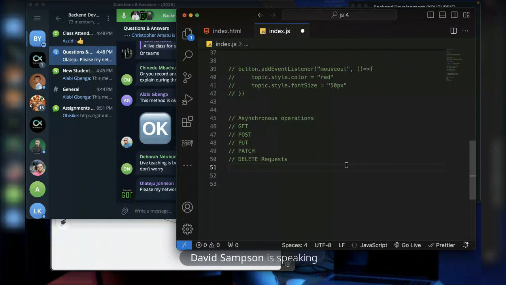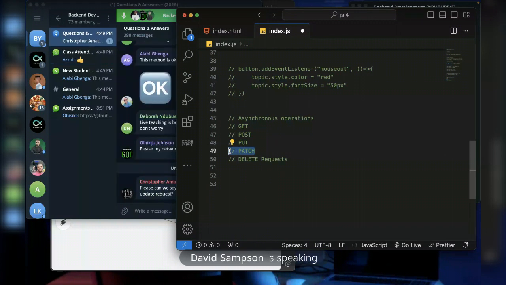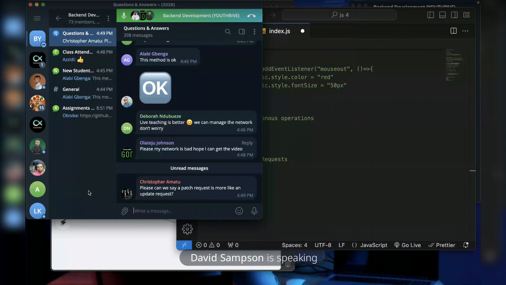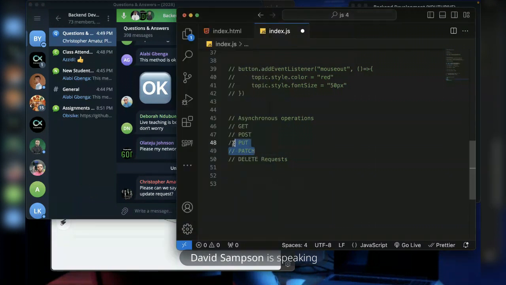So like I said, a patch request, you are changing or updating a part of the user's information, not all of it, but a part of it. So can we say a patch request is more like an update request? Exactly. A patch request and a put request, both of them are update requests, but there is a difference between the two of them.